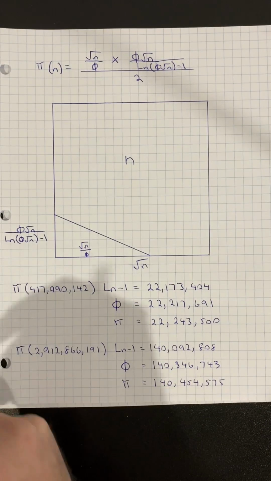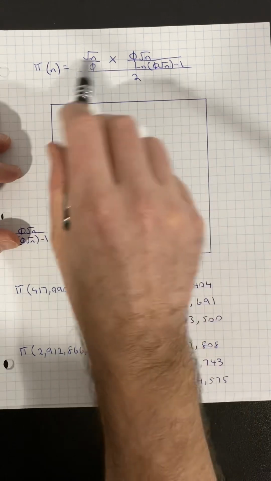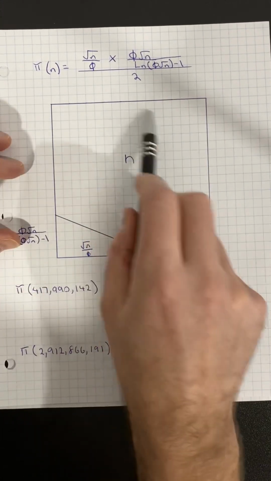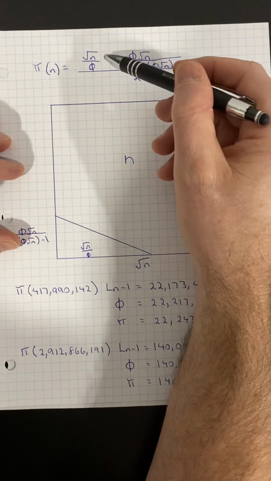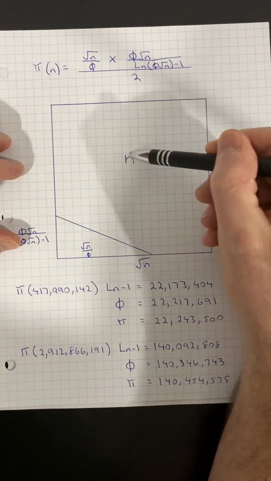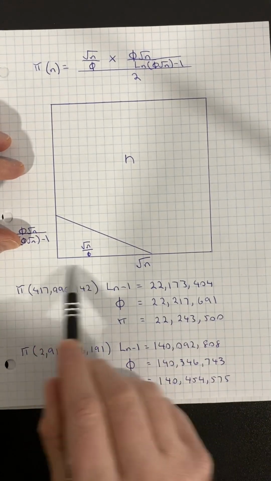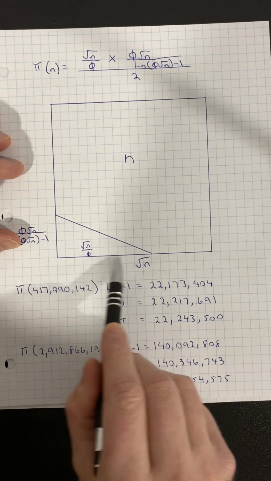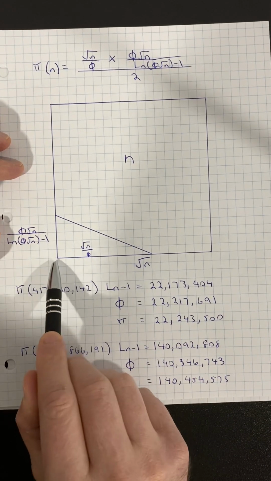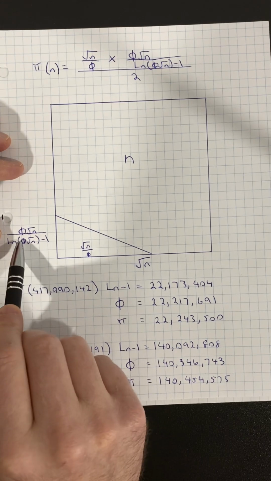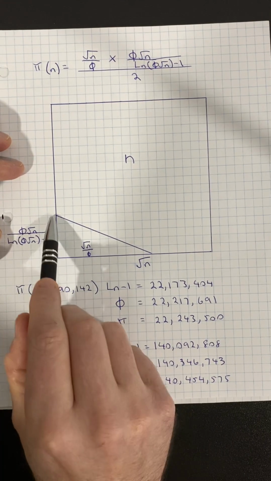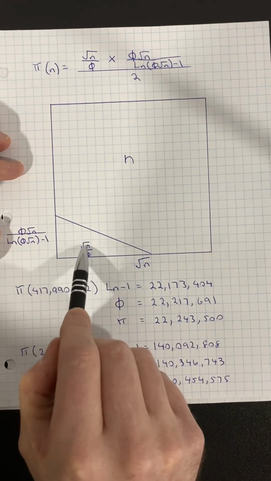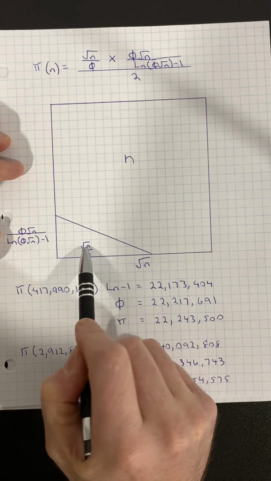So here I've isolated the n on the one side, and now we've got a bunch of square roots. So I'll explain this formula. To find the number of primes less than n, you find the square root, so that would be this line down here. You divide that line by the golden ratio to get you this line segment here. You times that by ln minus 1 of the amount of primes less than that, right here. You divide it by 2 to get you your area of this triangle. You find the area of that triangle, and that's how many primes are less than